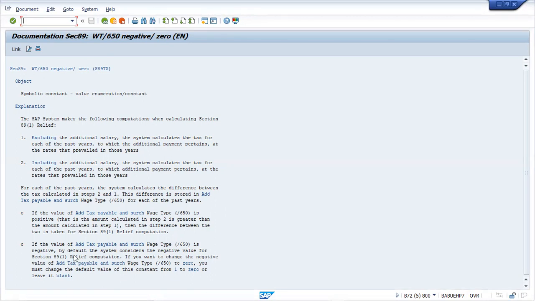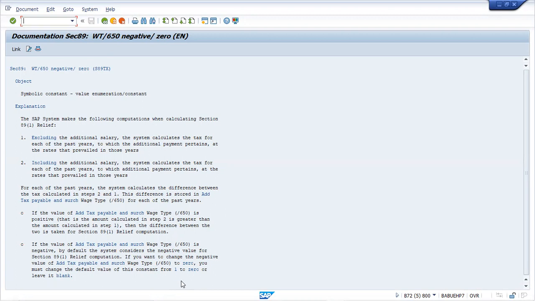If the value of the additional tax payable in wage type /650 is negative, by default the system considers the negative value for section 89 subsection 1 relief computation. If you want to change the negative value of the additional tax payable in wage type /650 to 0, you must change the default value of this constant from 1 to 0 or leave it blank.